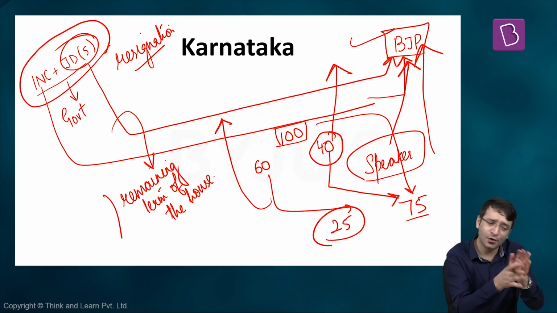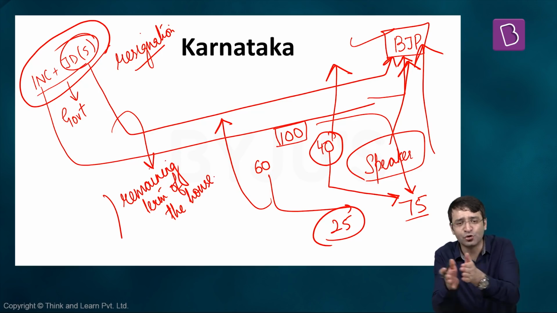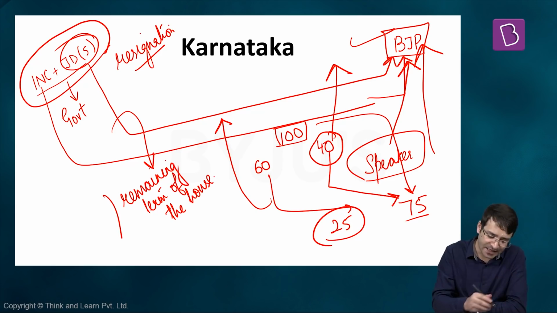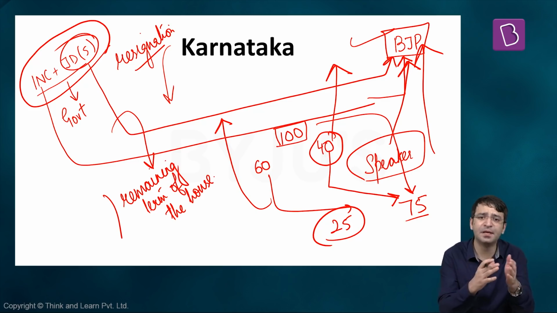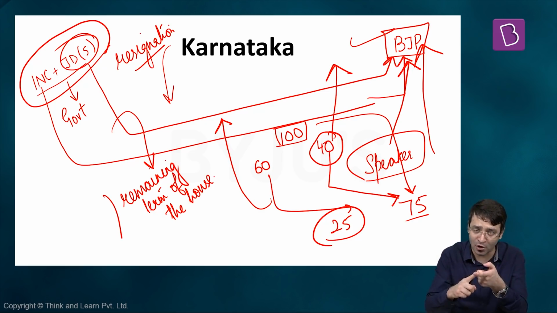You can still resign, you can still be disqualified, you can contest the election again, win the election again, and join the political party again. You are making a mockery of democracy. That is why the real reform suggested by many is that even resignation should not be allowed. Even if there are MLAs or MPs who are resigning, yes, you have the right to resign, but you can't join the House again for the remainder of the term. That means you should be disqualified under the anti-defection law for the remaining term of the House. That can be the biggest reform in the anti-defection law, and that will preserve democracy for a long time in India.